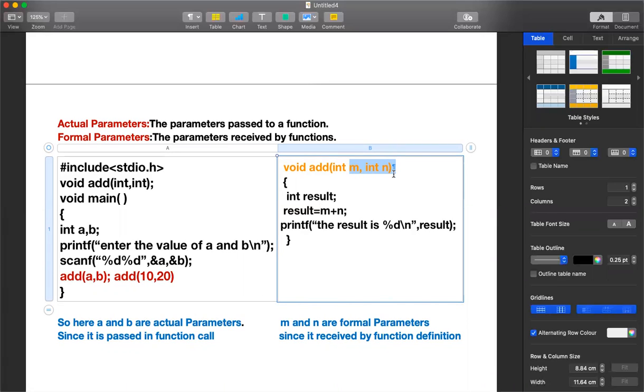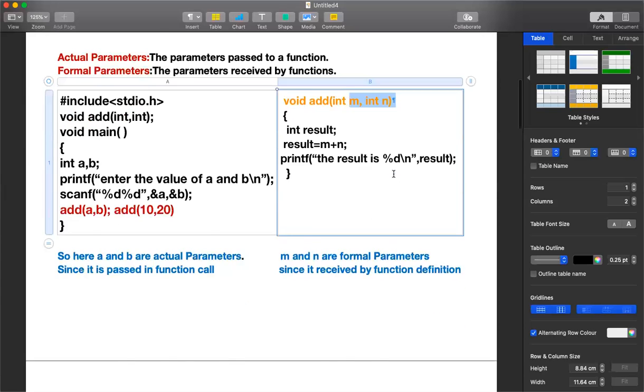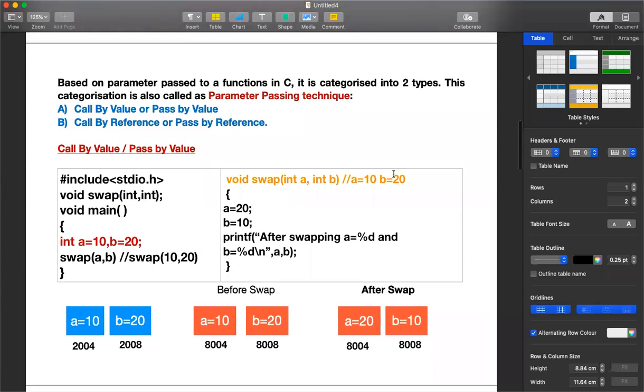Now, based on these ways of parameter passing, our functions are divided into two types. Today we are going to see them one by one. Based on the parameters passed to a function in C, it is categorized into two types, and this categorization we call parameter passing techniques. What are those?